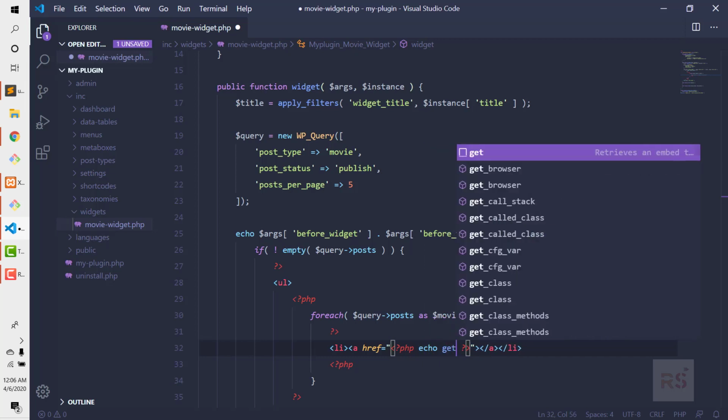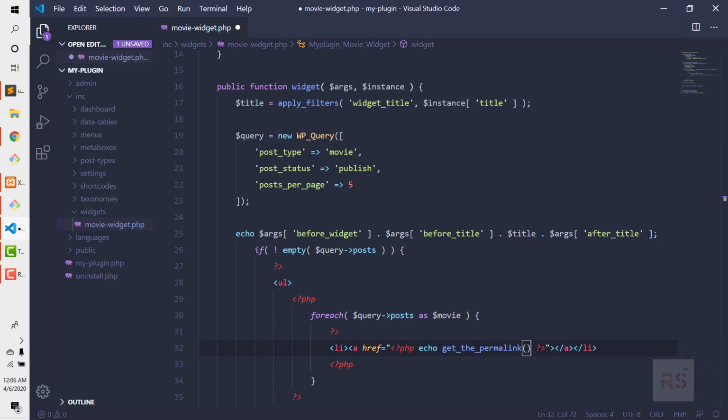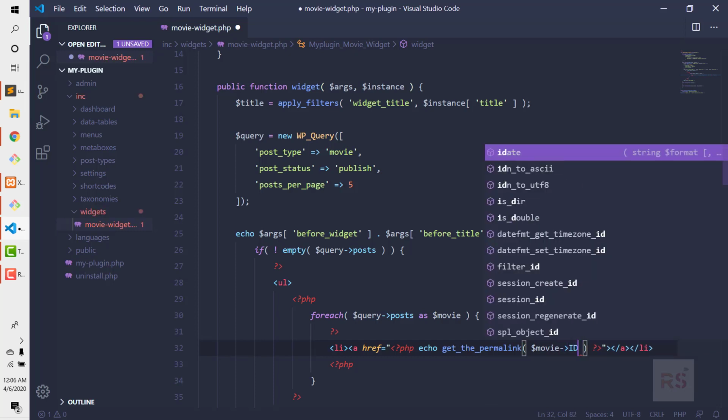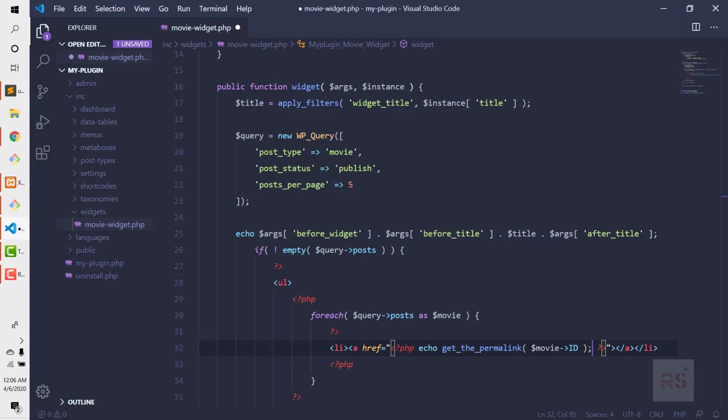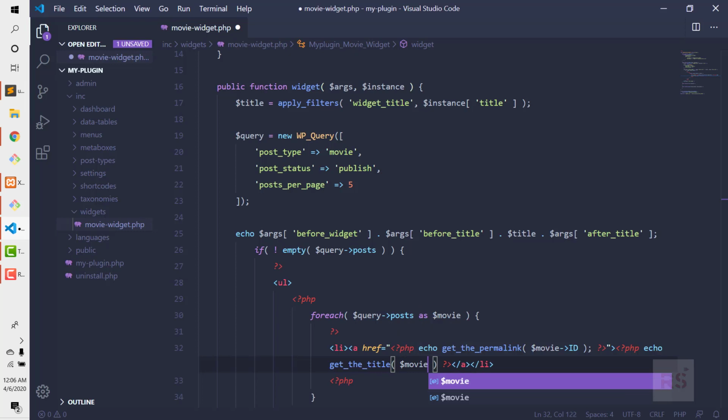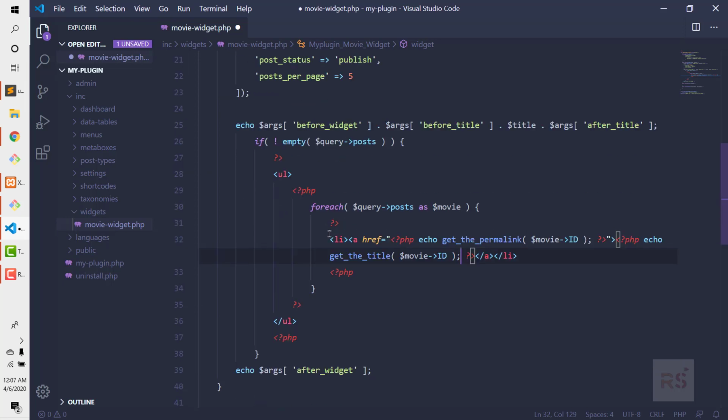Echo get the permalink, and we need to pass the ID, and then here we need to echo the title. So let's open PHP echo get the title, and inside that let's say movie ID. Alright, so I think we're done with the